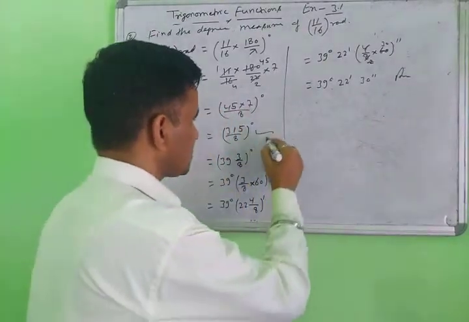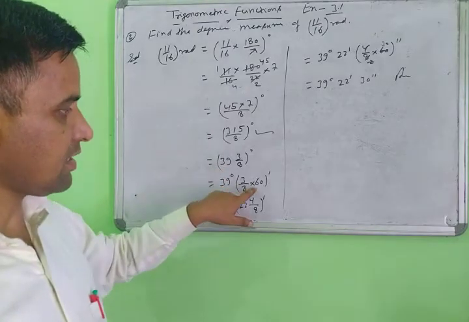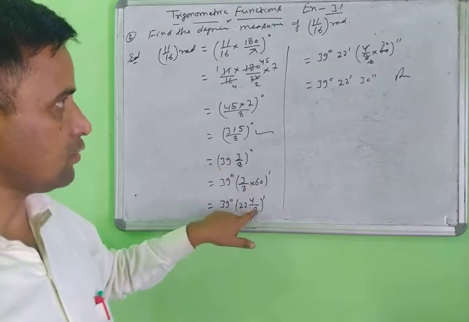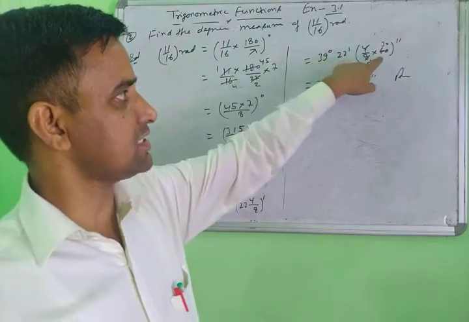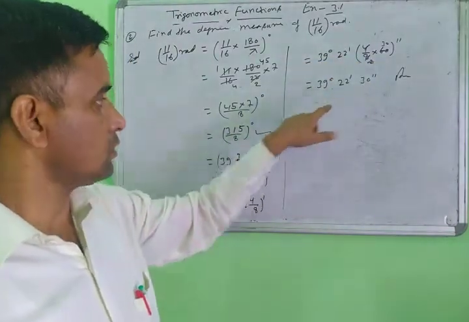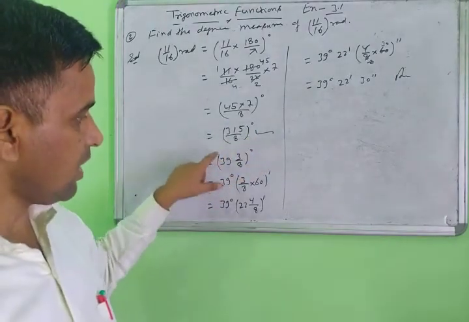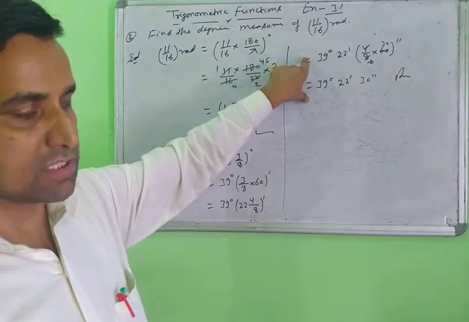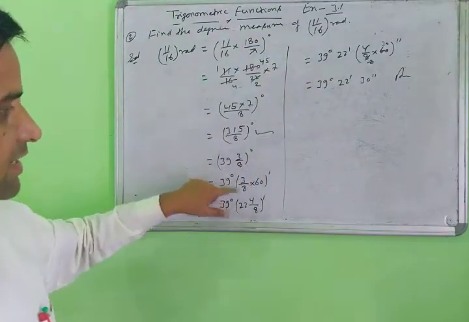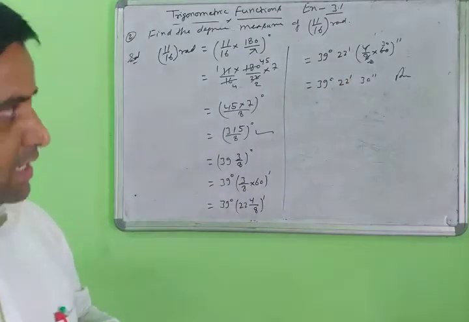Don't leave it at this step. You divide this, then convert into degree and minute. Again divide this, then you convert into degree, minute and second. Then what is the final answer? Degree, minute and second. So don't leave it at an earlier step. Suppose you leave it there, then marks will be deducted in 4 steps. You complete the division, then give the final answer. Yes, note down, then the next question.